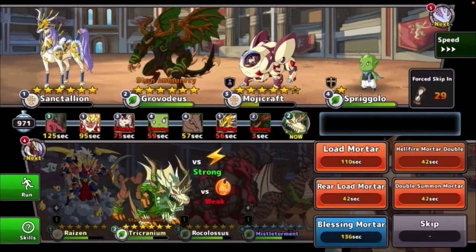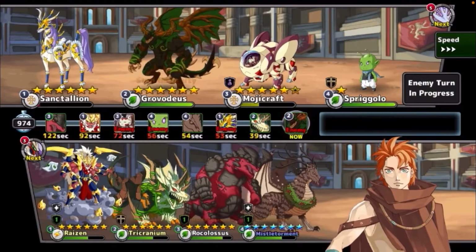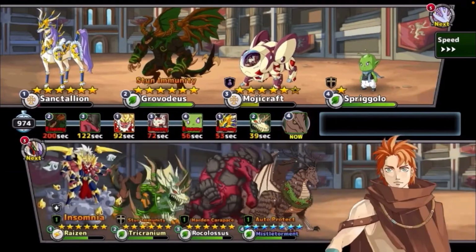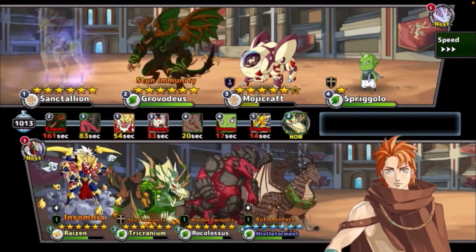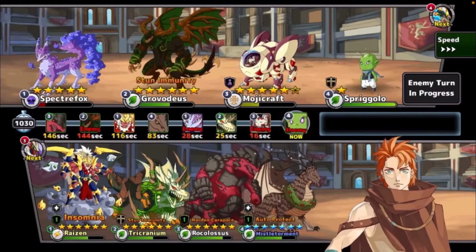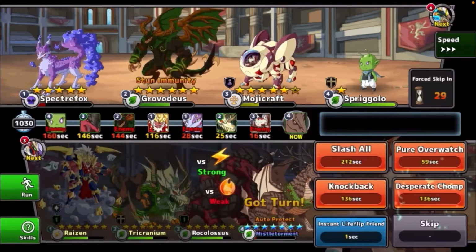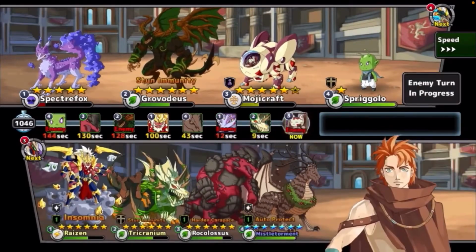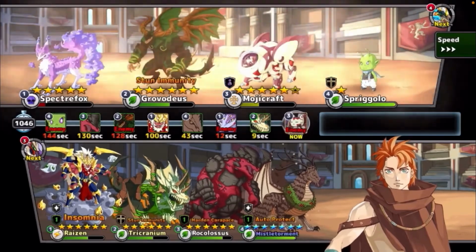So I pure Overwatch with Missile Torment, and I thought I had a Mortar loaded, but I didn't. So there I had to reload. But it doesn't matter because he just decides to Ultra Stone my Missile Torment. He could have done a stealth on Sanctalion or something, but he didn't, which made me really happy. And there, the duo attack gets blocked by Missile Torment, or maybe he just went for him, I wasn't paying attention. But I still have the instant life flip, so I can bring him back up to full health and